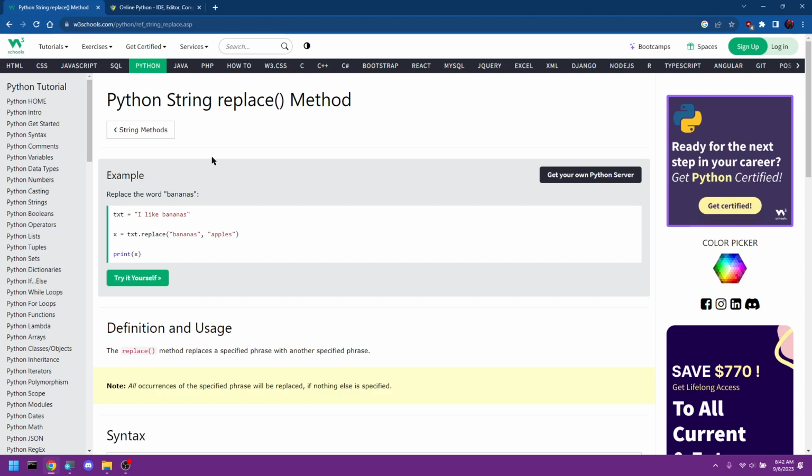Next up, we're going to be looking at the string replace function. What this is going to do is we're going to give it some text, and we're going to say, look through our string, replace this with something else. So if we look at our syntax here, we have our text equals I like bananas. We can say